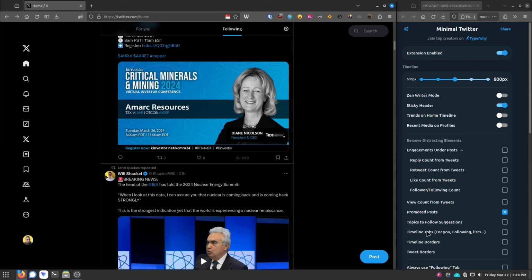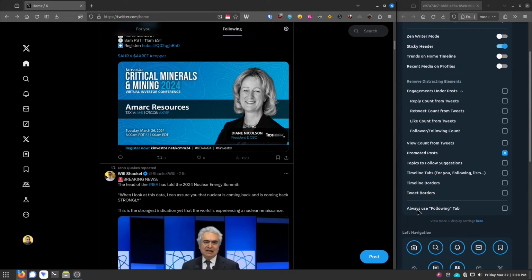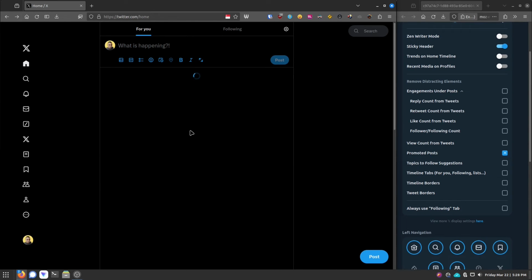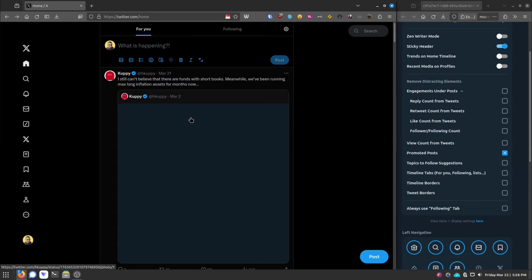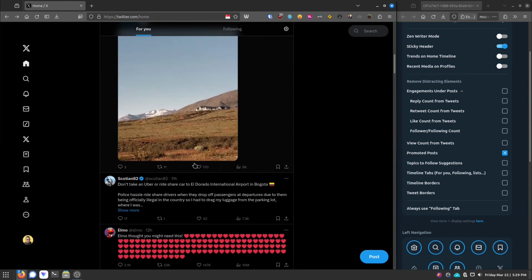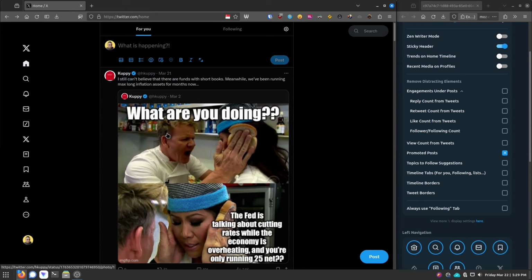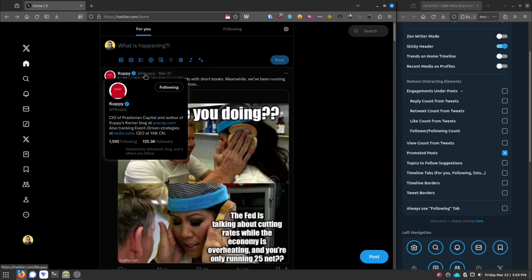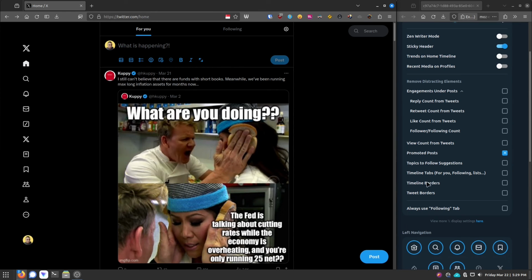And now some of the other things that I have is I activate this always use following tab. I really don't like going into For You. It is a complete dumpster fire of distraction. And the best way to avoid going in there is to just remove the option. So what I do is I do two things. I turn on this option here,